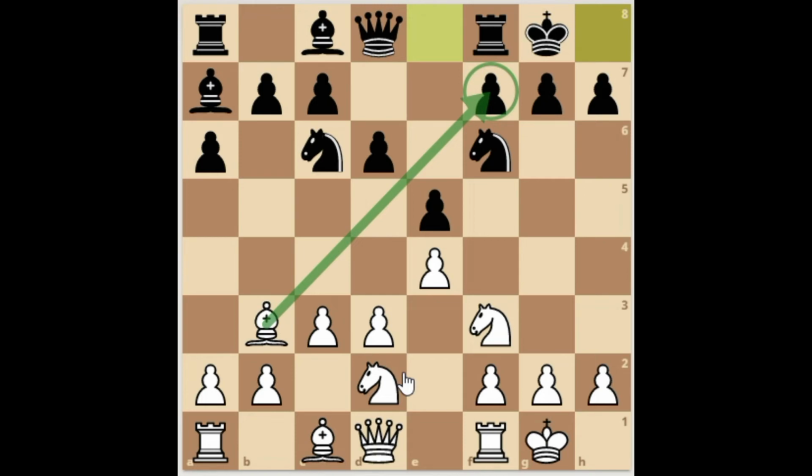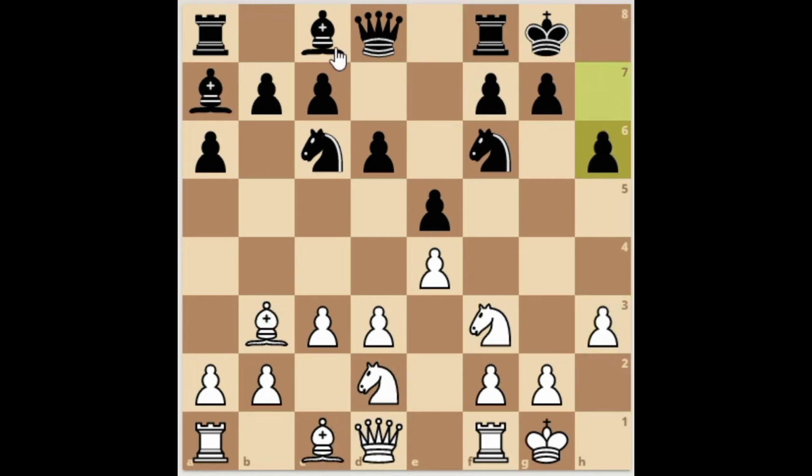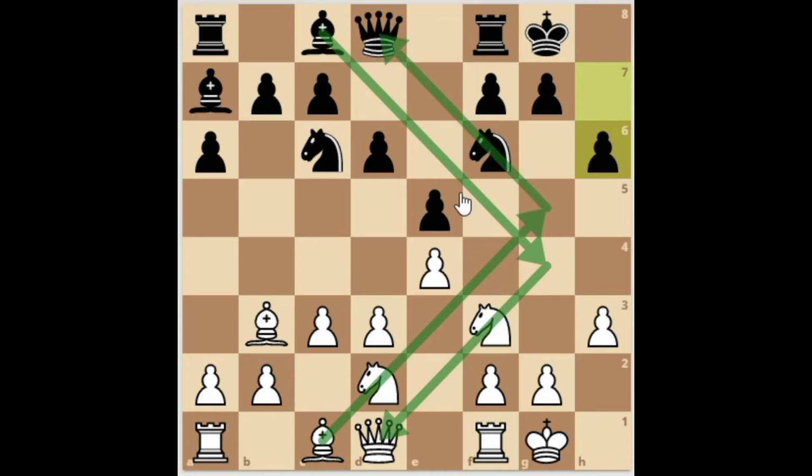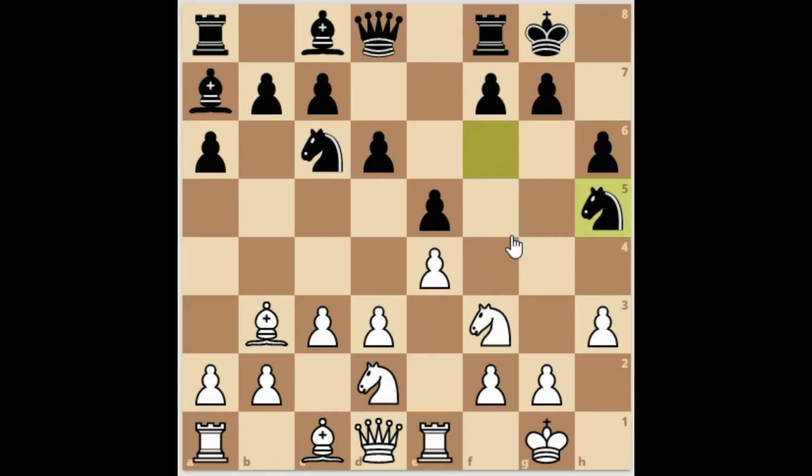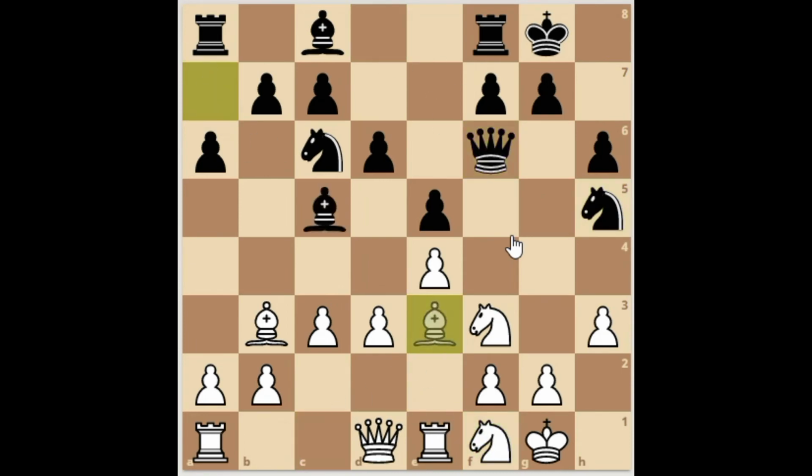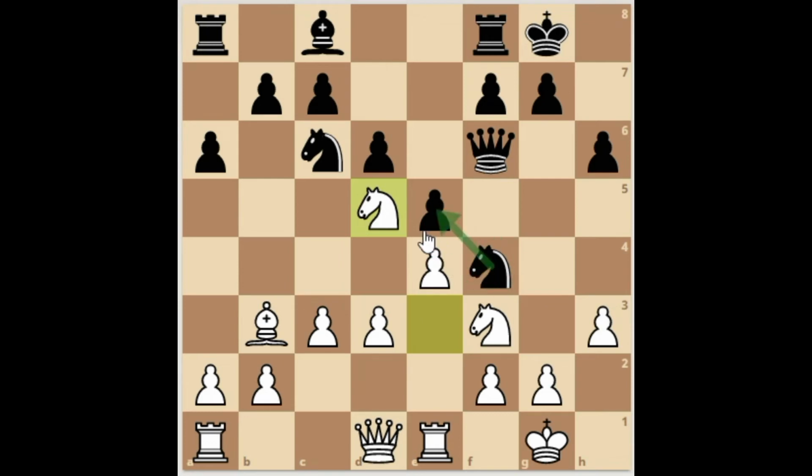And now white can push his pawn and black can push his pawn forward to prevent any bishop ideas that block the knight. Also similar here for white. And now I'll just really zoom through this theory because it's not really relevant for the level that we're looking at. So here black is forced to trade, as this knight is attacking his knight and his queen. So here black would have to trade and